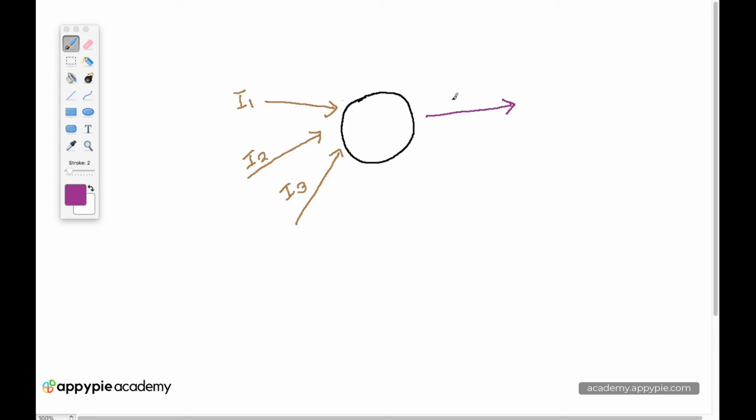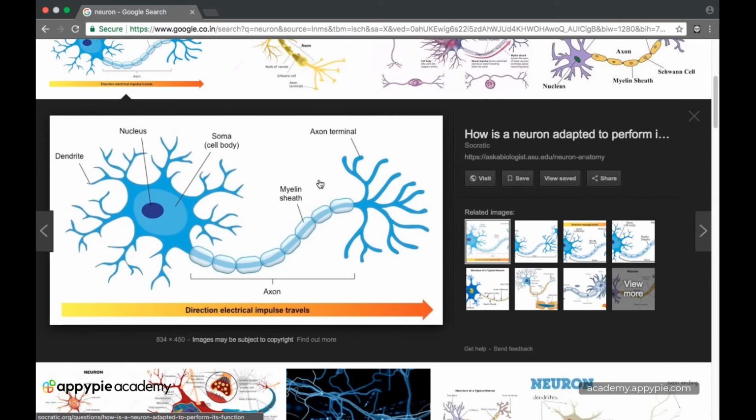According to the program which is written for a neural network, it is actually a very basic concept. You just have a lot of inputs and then you have a corresponding output. This is the very basic building block of what modern neural networks, or even what modern machine learning or artificial intelligence, actually is. And the inspiration for the neuron was taken from a nerve cell or a neuron which is present inside the human nervous system.